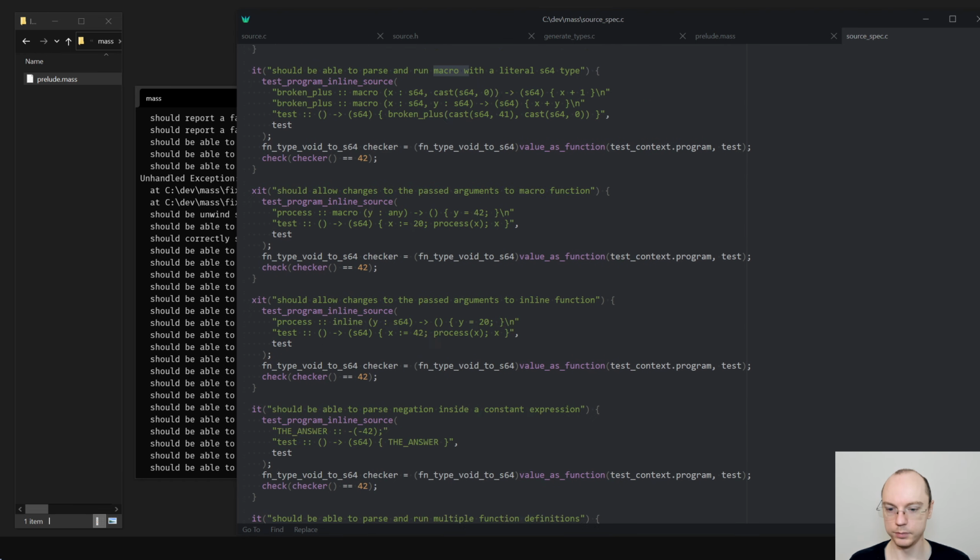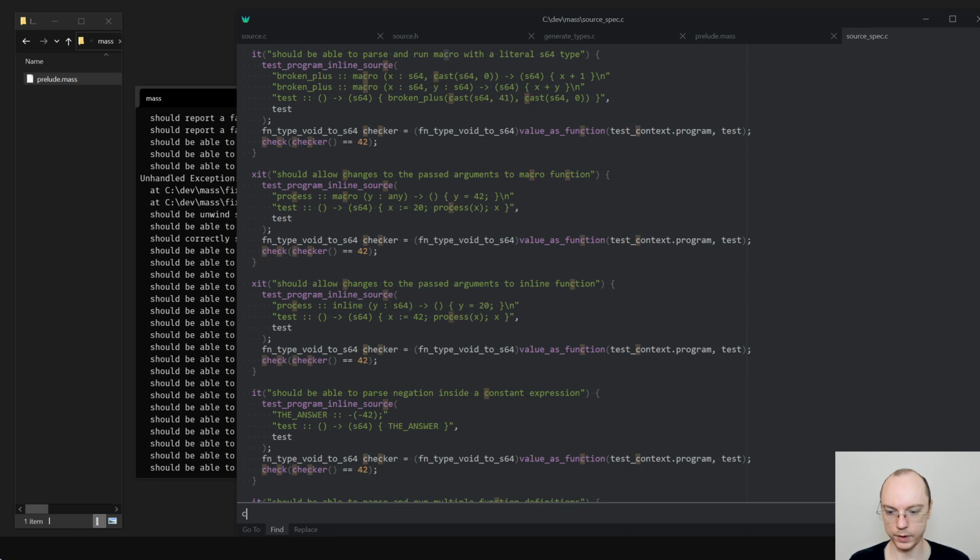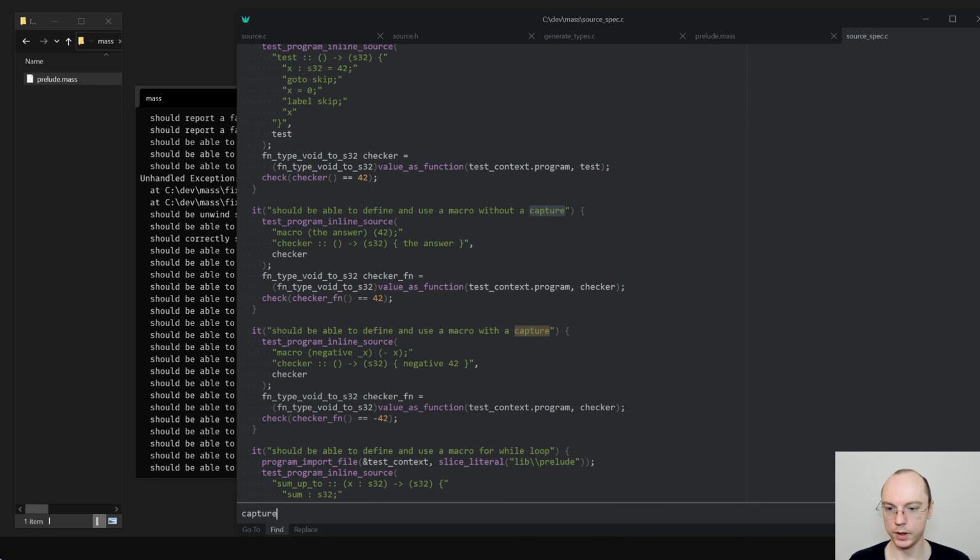macro. We have a bunch of them. Capture. Yeah. So let's rewrite this test with the syntax instead. Although this one might be actually a bit more complicated to do than the while one, but whatever. Let's do it. So we say syntax, the answer is 42. Well, first of all, it's already nicer because we don't require the second one, but let's figure this out.